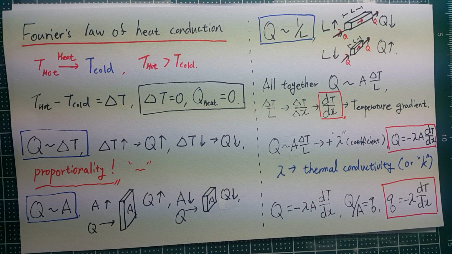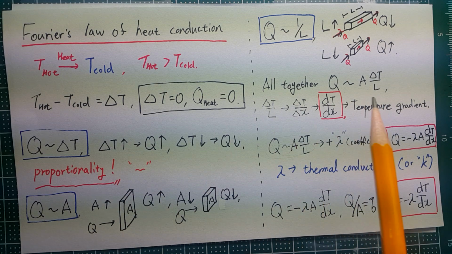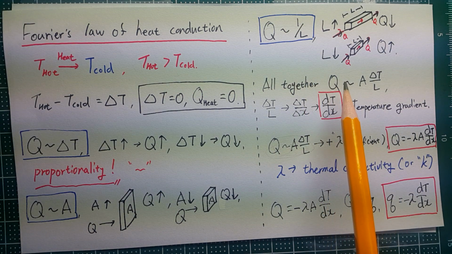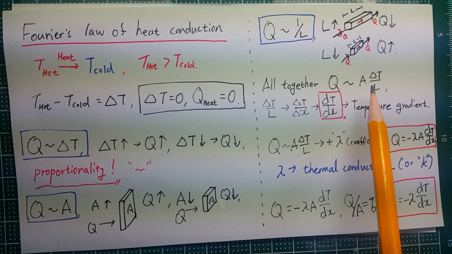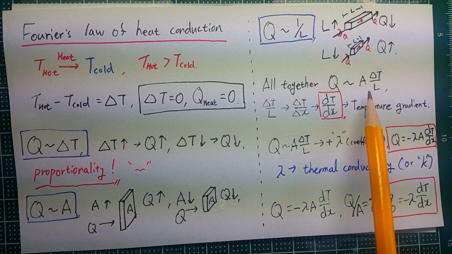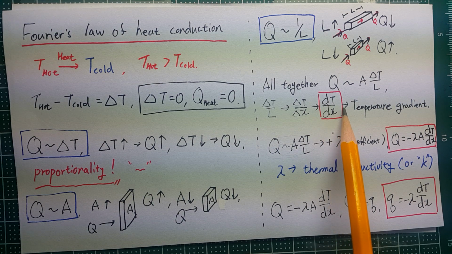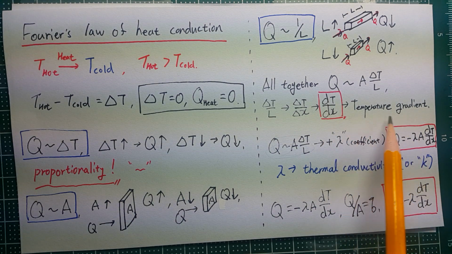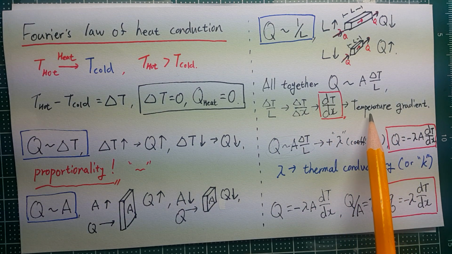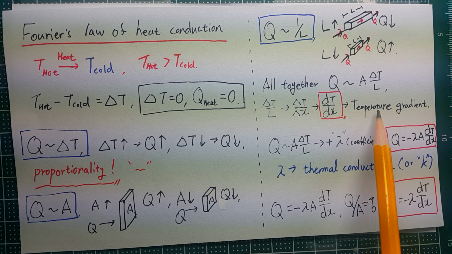Let's put temperature difference, distance, and the area all together. Then you have a heat flux Q proportional to the temperature gradient and the area. And the temperature gradient is dT over dx. So heat flux Q is now proportional to the temperature gradient. Now for the practical purpose, this proportionality